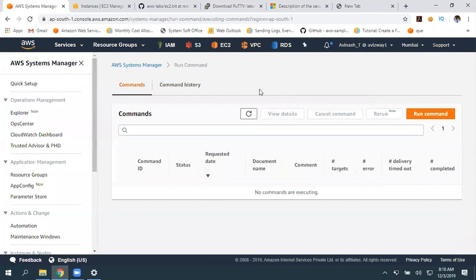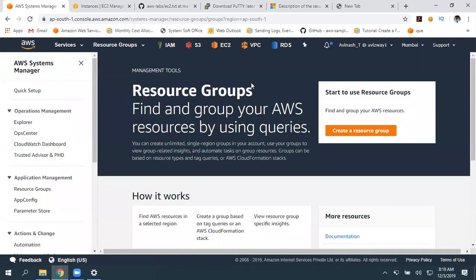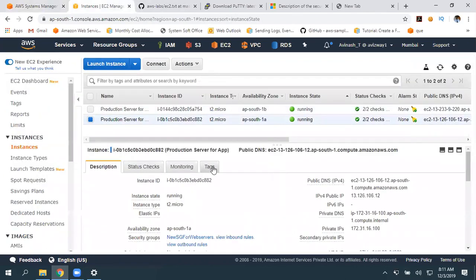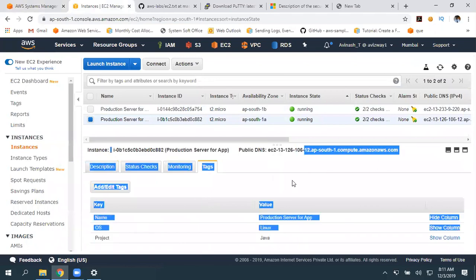Okay, so let's quickly look into an option called resource groups. When coming to resource groups, by using tags we can filter all the resources and create them as a group. For example, here I am maintaining a tag called project Java.